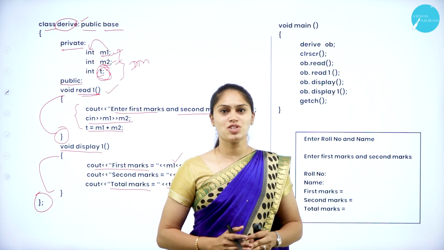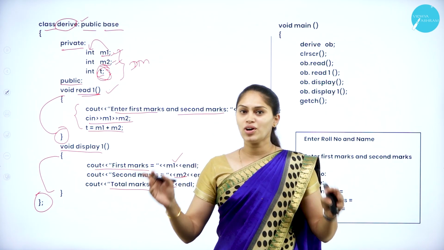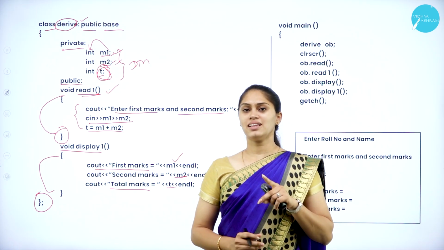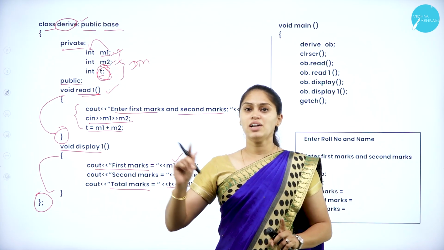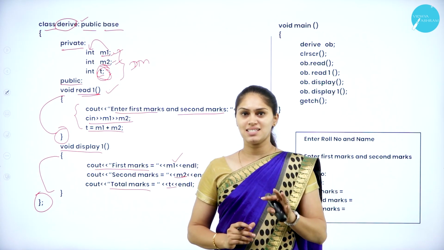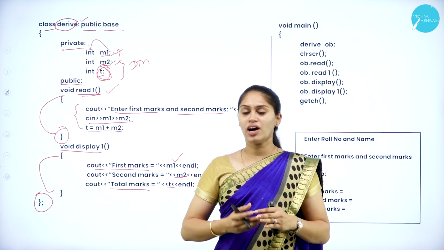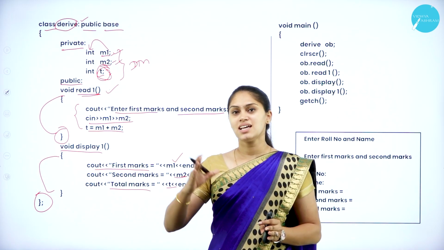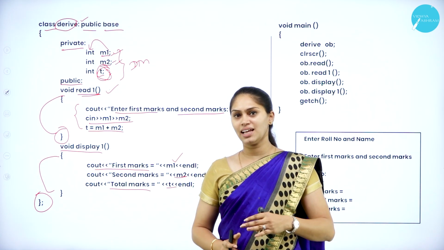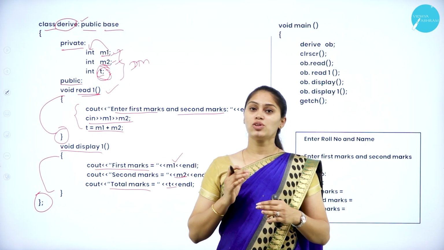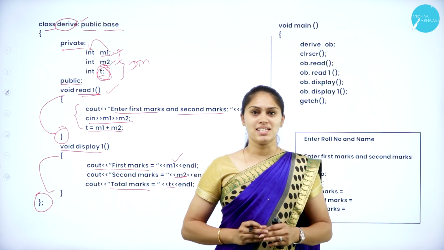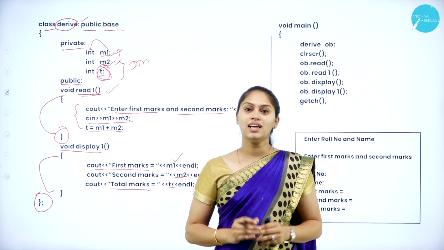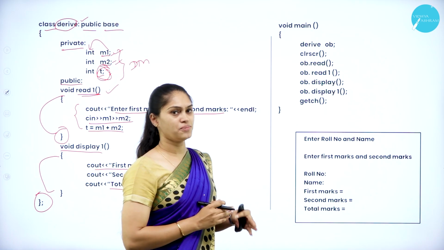Once I am done with the creation of the base class and derived class, because here I am taking single level inheritance. If it is single level inheritance, then there must be only one base class and one derived class. The base class is a class which is going to give its properties to the newly created class, that is the derived class. The derived class is the class which is going to acquire the properties from its base class, or a parent class, or a super class. Getting it?